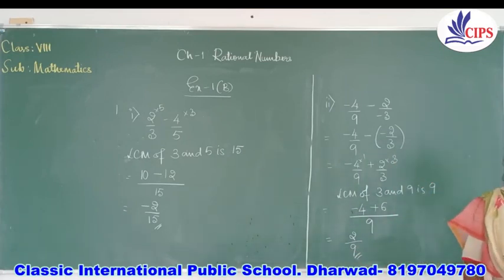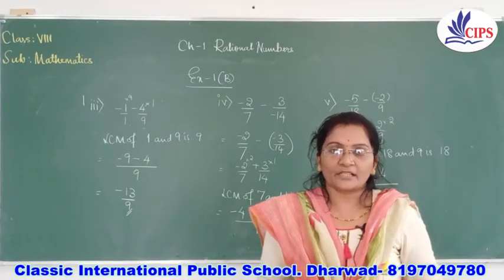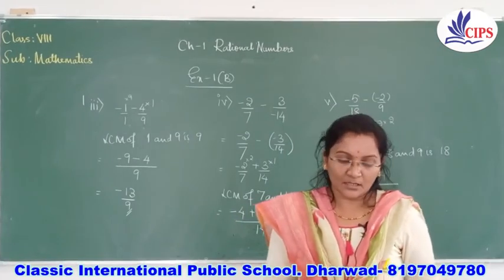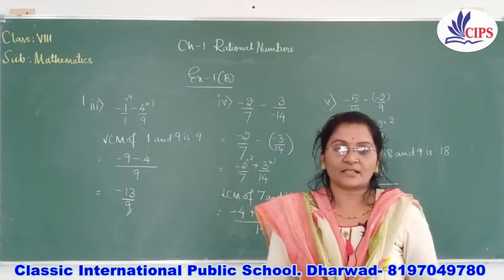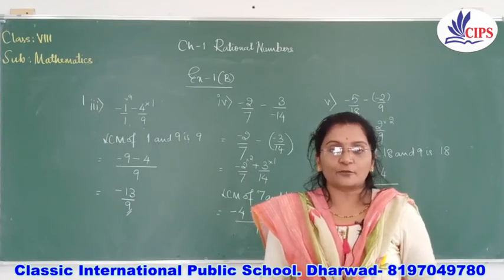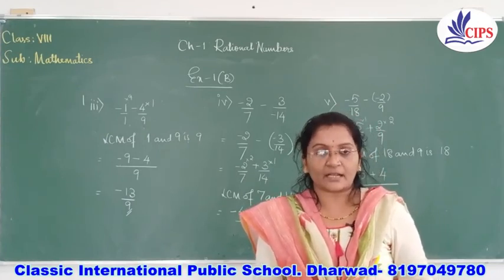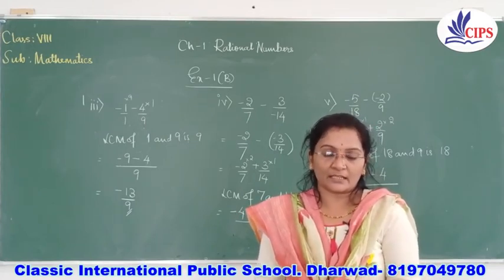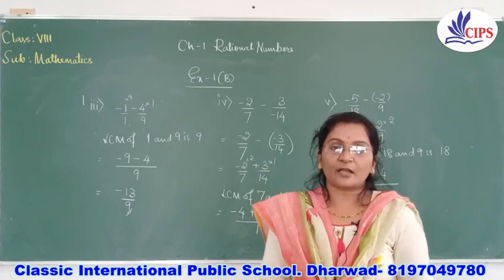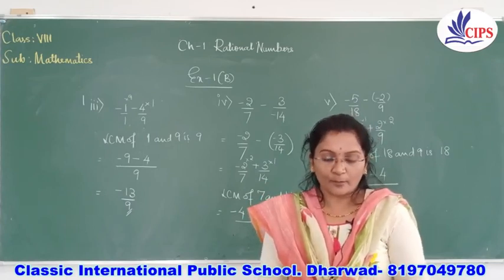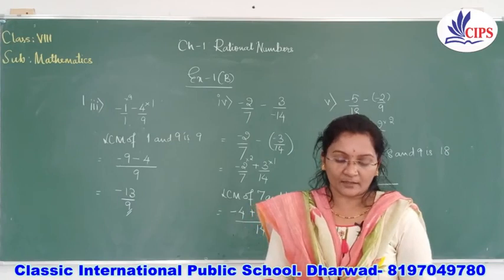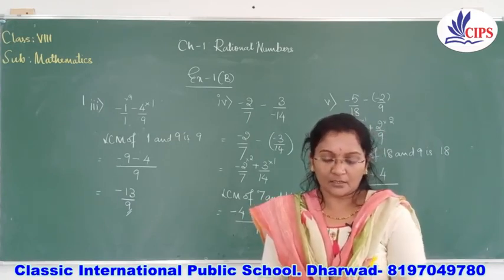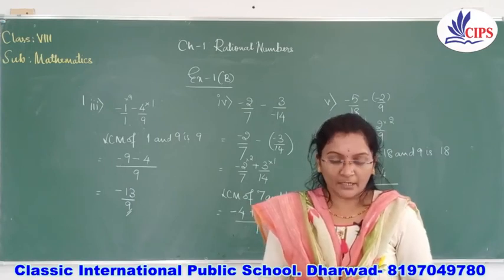Understood everybody? Okay. So in today's class we have completed exercise 1A and we have studied properties of subtraction of rational numbers, and we have completed the first main of exercise 1B. Try to solve the second main of exercise 1B also. It's a little different compared to the first main. In the first main we subtracted directly, but in the second main they have given 'subtract 5 by 8 from minus 3 by 8'. From means you have to subtract the first number from the second number. Try to solve them. If you don't get it, we'll clear your doubts in the next class. Okay, thank you.